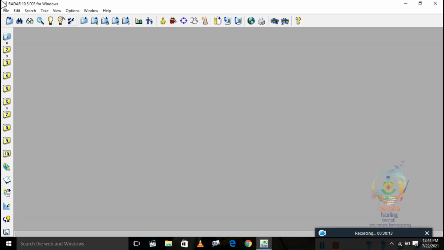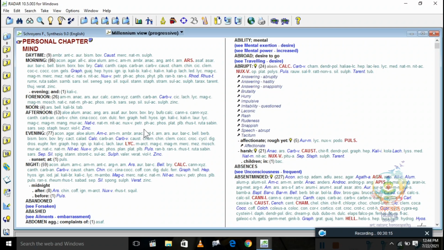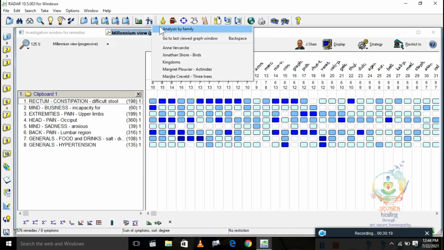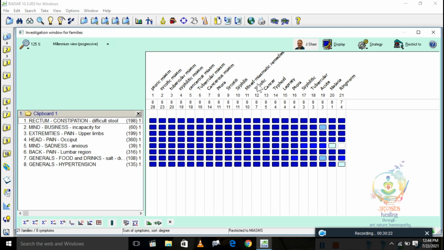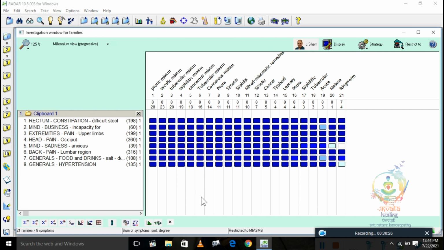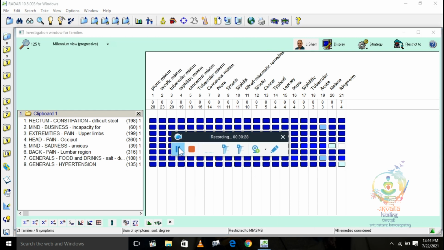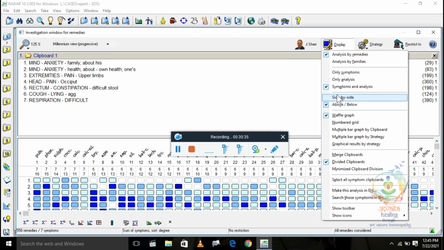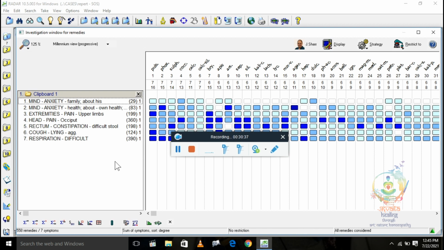So let's see, these 8 symptoms are there. Now you want analysis by family, but there is some glitch, I am showing you, wait. So now you can see 5 remedies are appearing for the 7 symptoms which we have recorded.